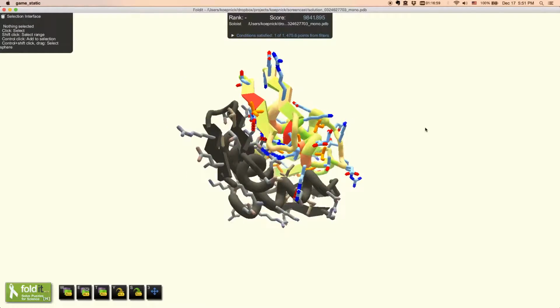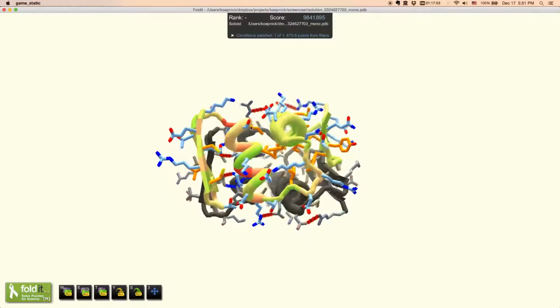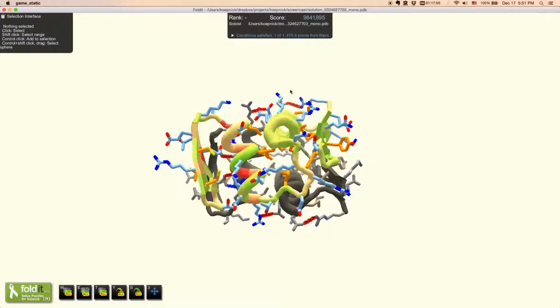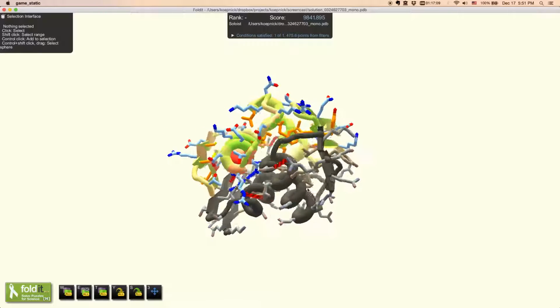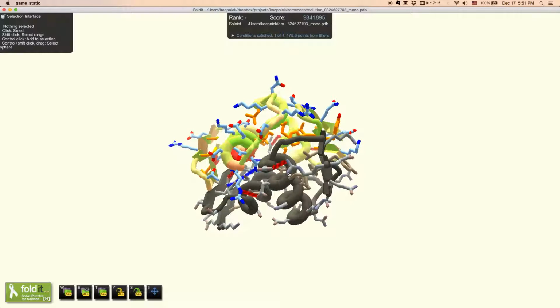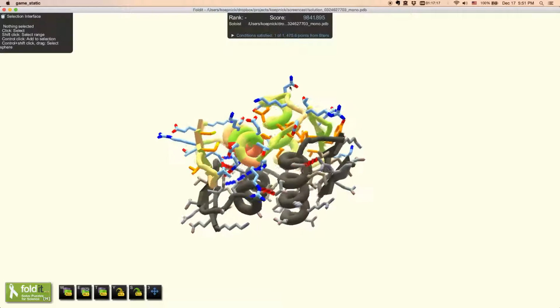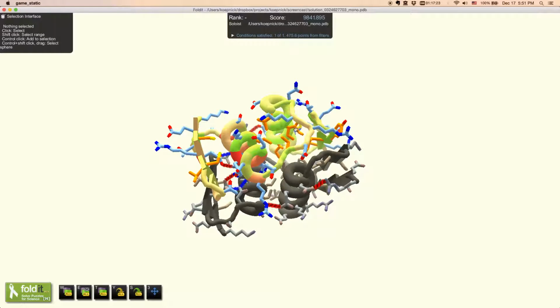This is dessert for me. This is what I love to see after a Foldit puzzle. What a crazy fold! So it looks like we have a four-stranded beta sheet backed up by two helices, and then the same thing on the other side, and they're kind of domain swapped. So they're extended. This is a really cool fold.